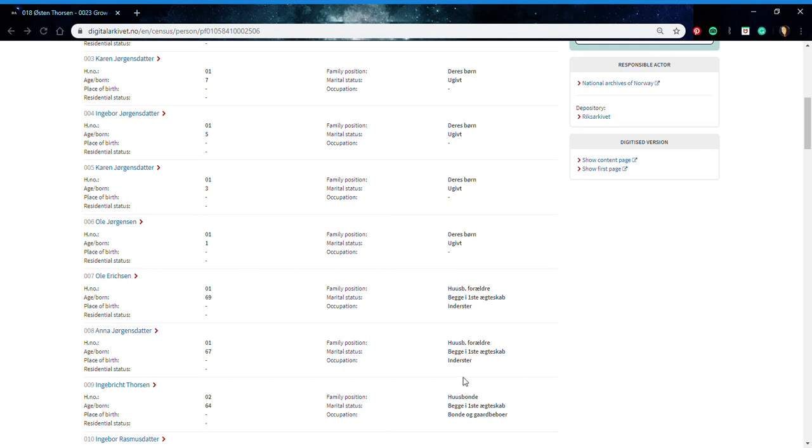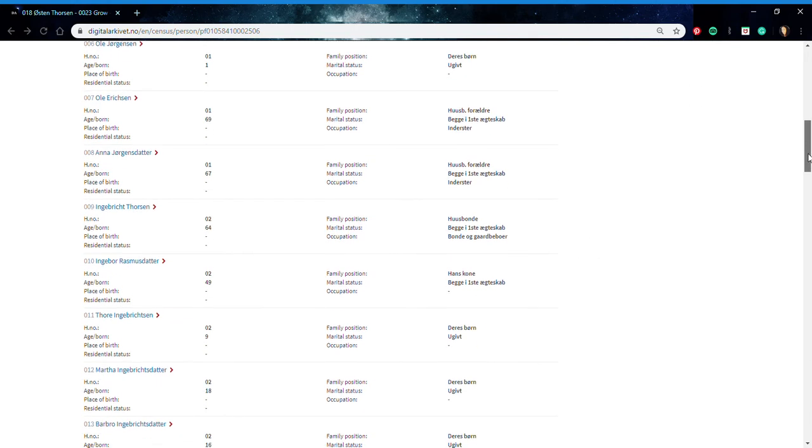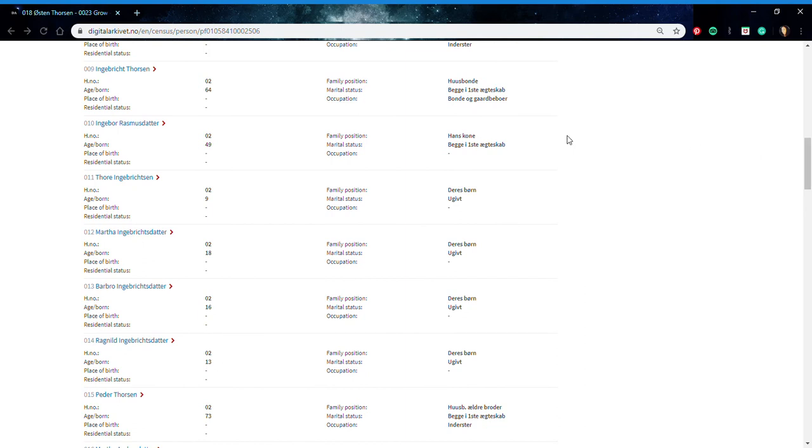So that is the structure of the census. Starts with the head of the family, which is the husband normally, and then his wife and their children, and then a lot of times you have parents or parents-in-law. So here we have the start of the next family, which is husband,